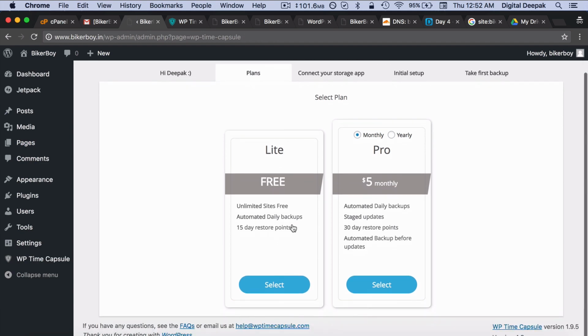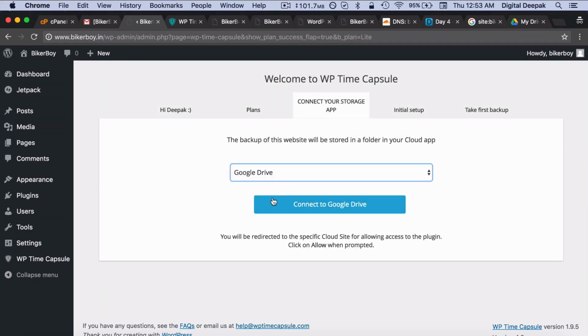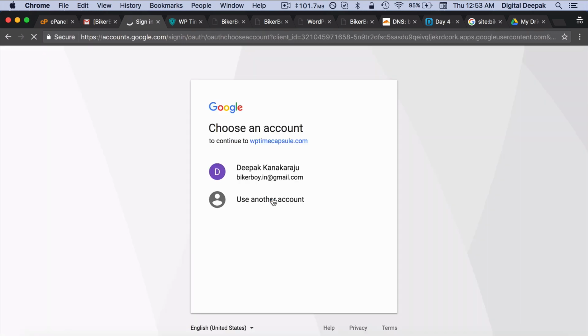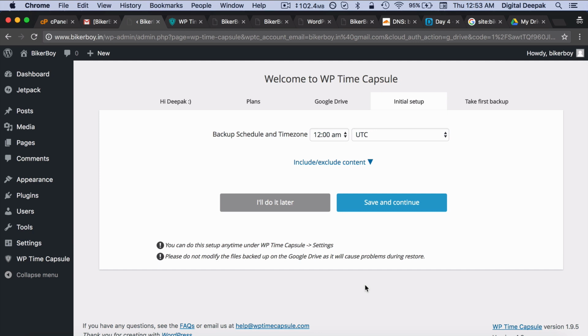So here you can use the light or free version. It will keep backups of your site for 15 days and you can use it for unlimited websites and it will take daily backups. So here I will select Google Drive and I would connect it to my own Google account. This plugin will take backups of your WordPress blog and store it on your Google Drive.